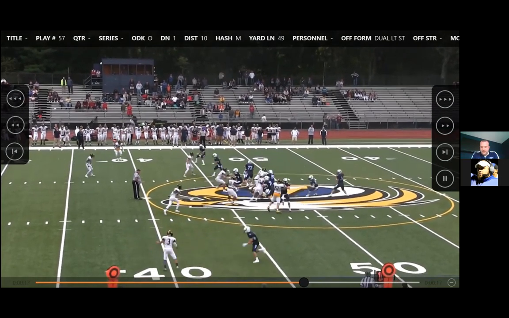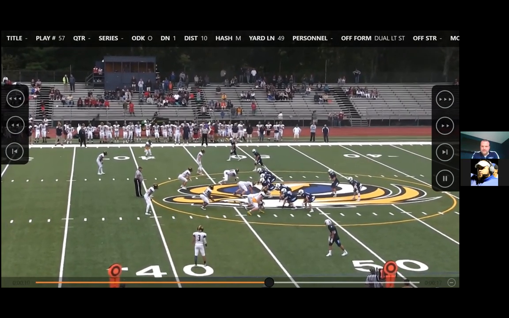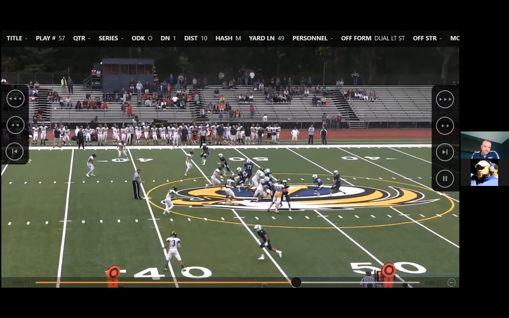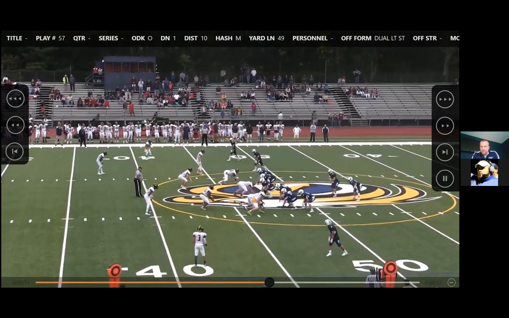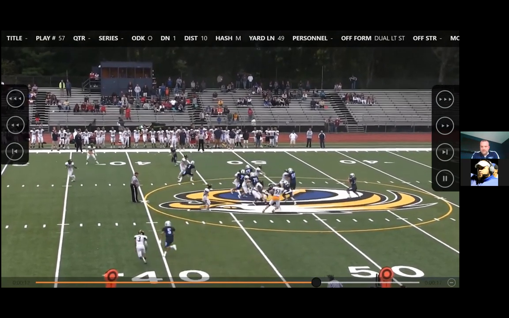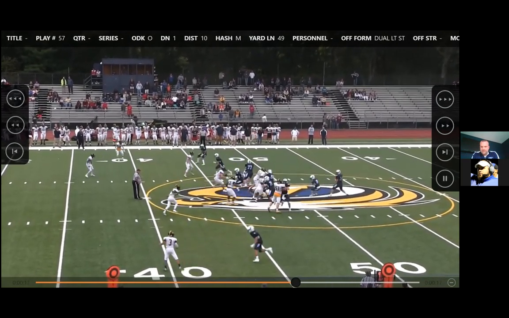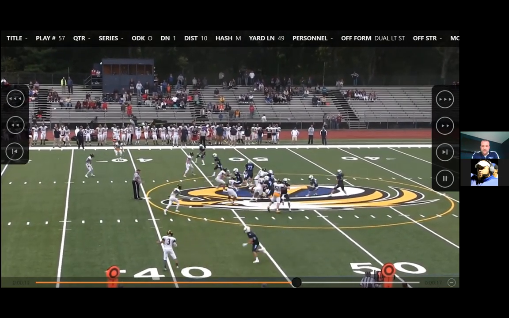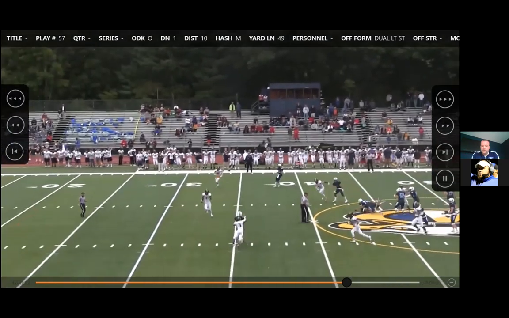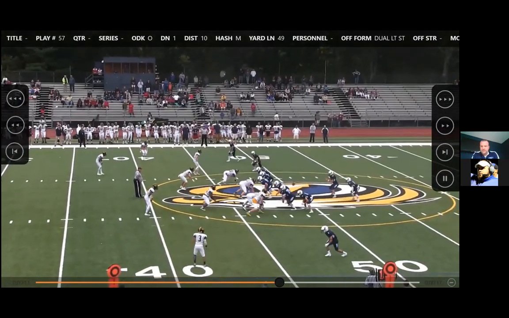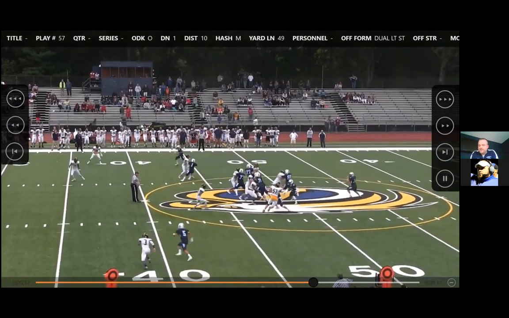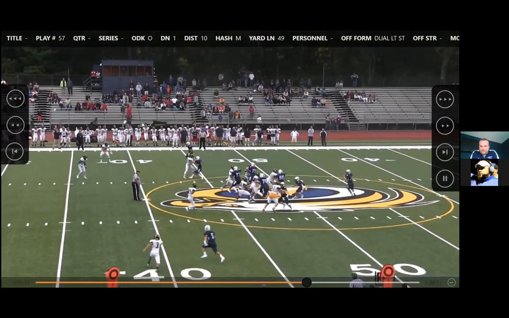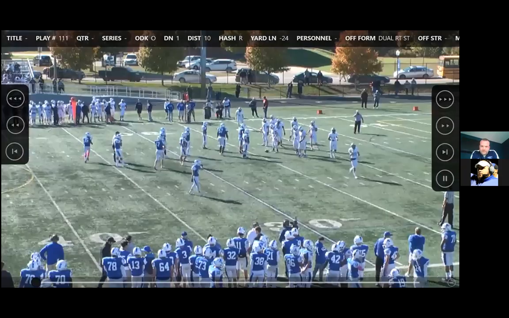Now, the only thing, and again, this is part of working our kinks out, is this long step, this extra drop back, this looks like play action. This isn't how we work it, because this is where now we're going to start to get guys downfield. It's also where this guy's going to come across and take his head off. We want it to be one good clean step after the back crosses face to where we can put the ball out there. But again, I think we got better.